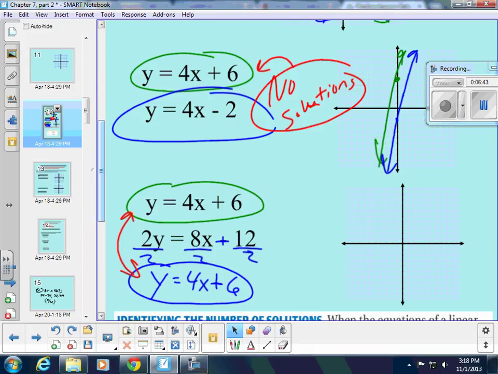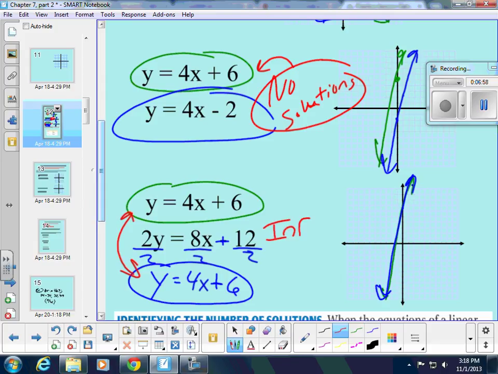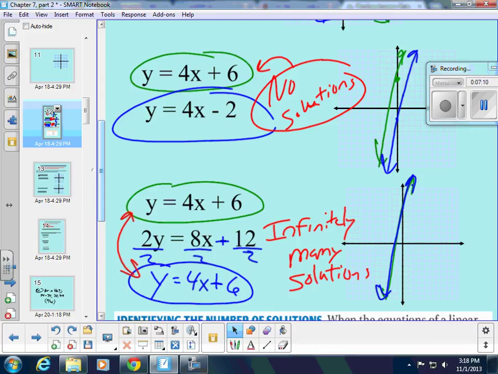Usually we can figure out that, well, if I try to graph both those equations, then my green line would look like this, and my blue line would have the exact same y-intercept and slope, so it would look like that as well. And this is the case where there's infinitely many solutions. Again, not that every single point on this grid works, but any point along these lines